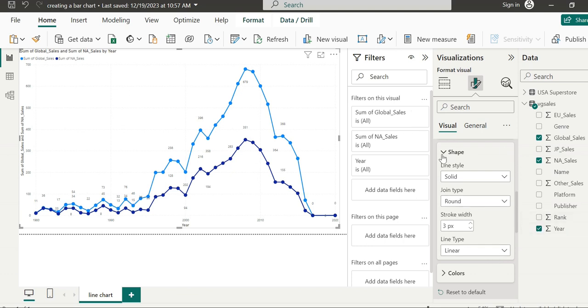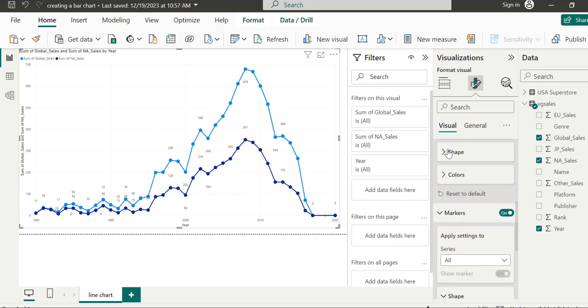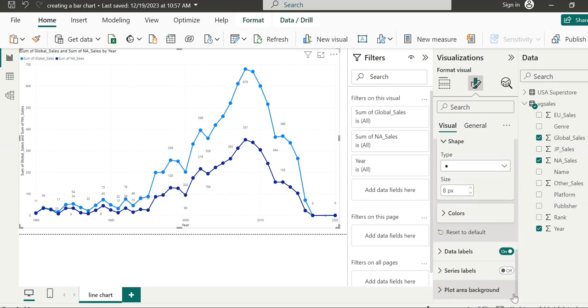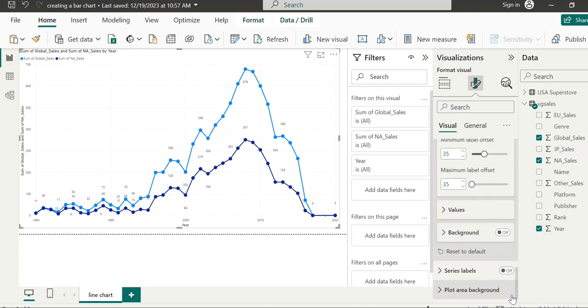Now let's go to another control, the series labels.